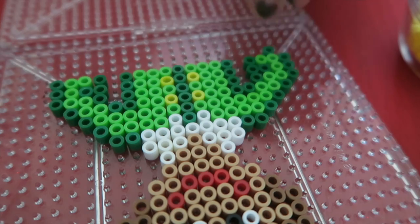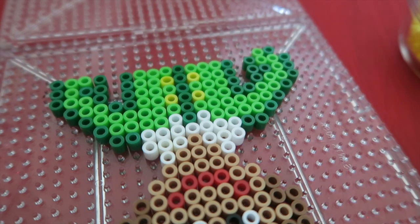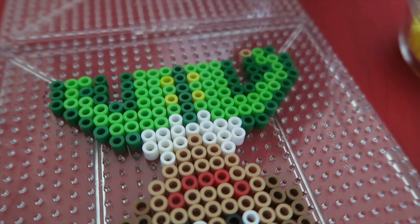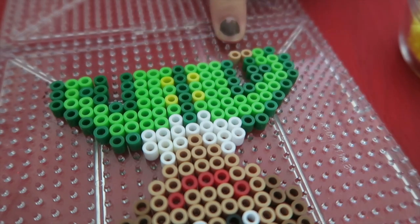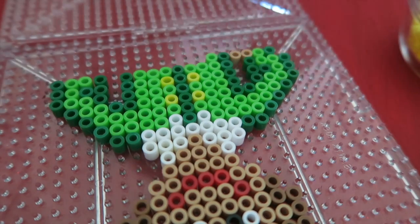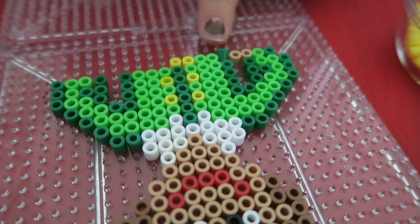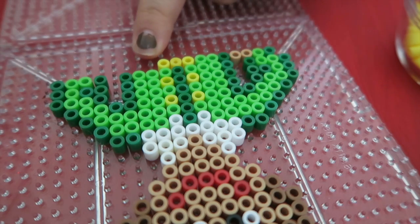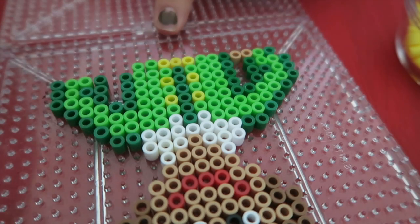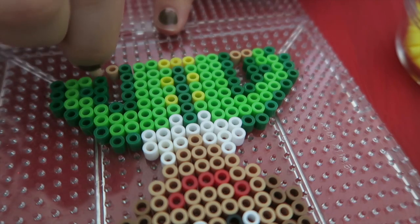Next, 1 here. We're going to go 1 light green, and now we need some tan for his hands. So we're going to go 1, 2 tan, okay, 1 dark green, 2, we're going to go 3 yellow, 1, 2, and 3. Then we're going to go 2, oh my goodness, that dog, 2 light green, 1 dark green, 2 tan,